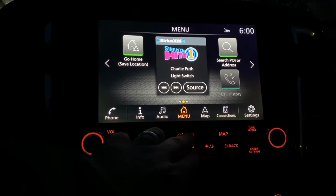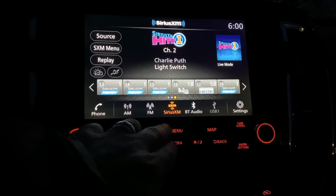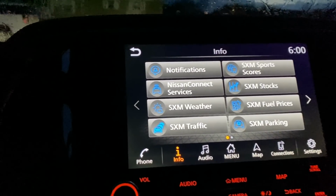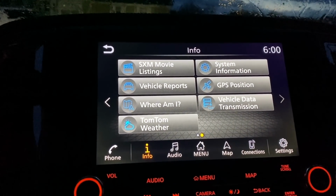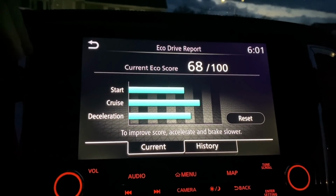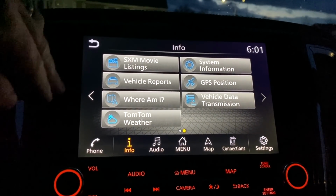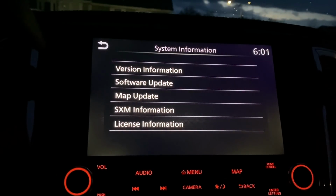Menu. We have map. We have audio. We have info. Nissan Connect, Sirius XM, weather, traffic, sports, fuel prices, parking. Movie listings, where am I, vehicle reports, eco drive report. Okay, there's how poorly I'm driving. Vehicle data submission, TomTom, GPS system information, software map,